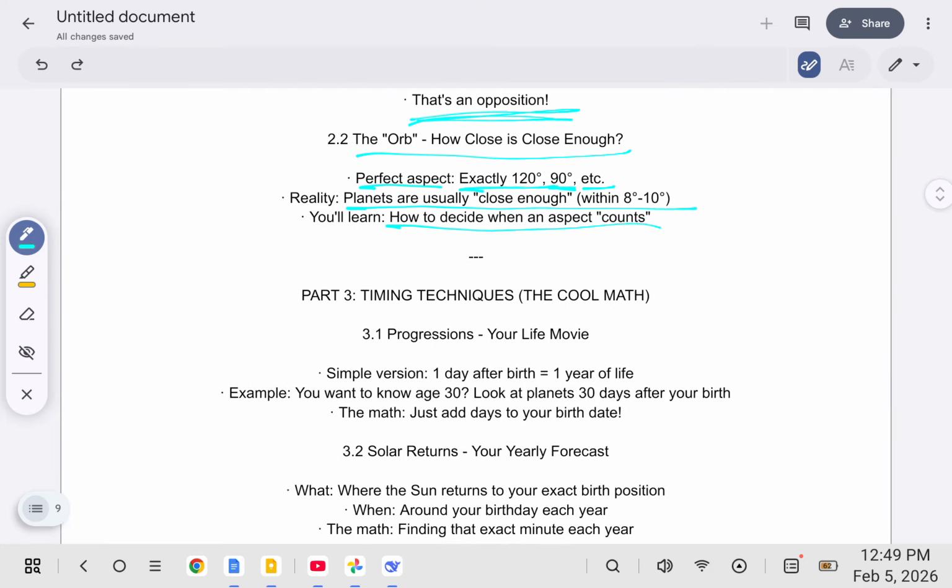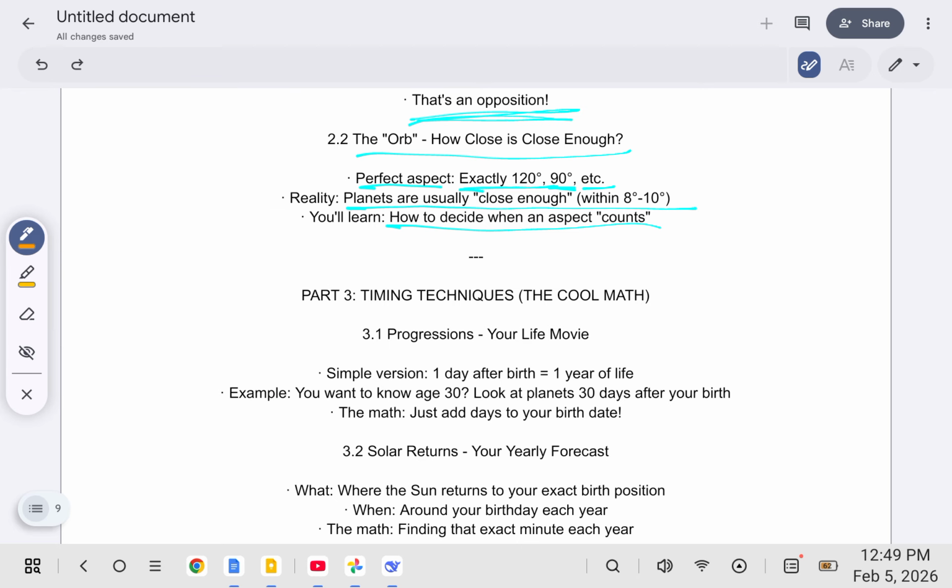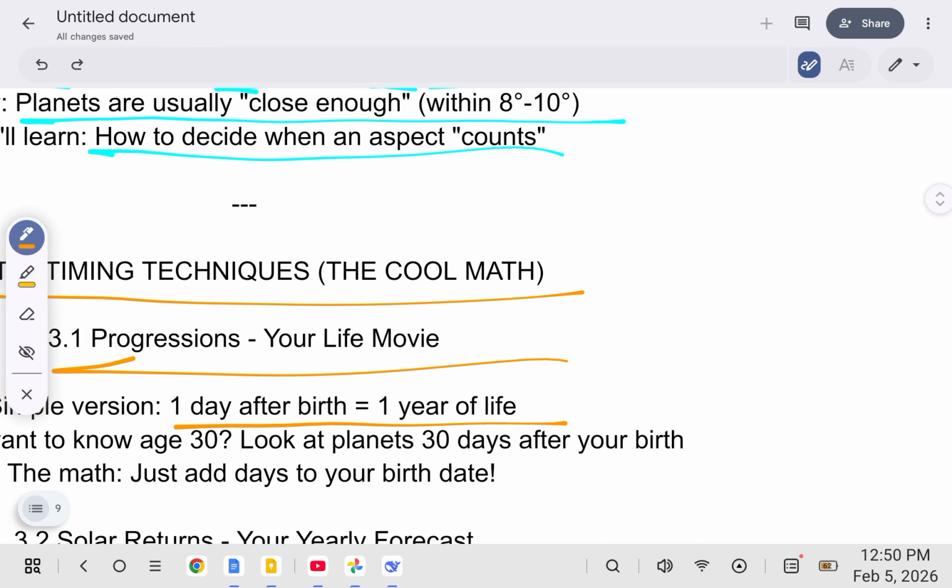Okay, let's get into part 3. Timing techniques, the cool math. So, progressions. These are essentially your life movie. Okay, a simple version. 1 day after one's birth equals 1 year of life in this incarnation. So I need to be clear about that because